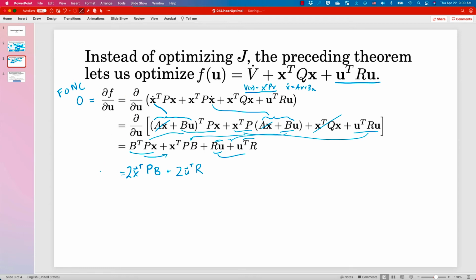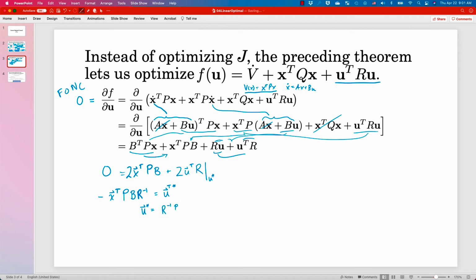So if we set this thing equal to 0 at the optimizing control, the 2's will cancel, and we get negative x transpose P B, and then if I multiply by R inverse, that gives me u transpose star, the optimal u transposed. Of course, we don't want to write this with the transposes, so this is equivalent to saying that u star is equal to